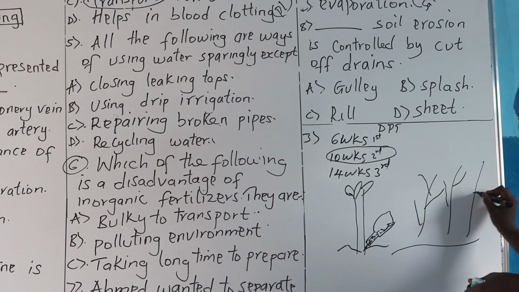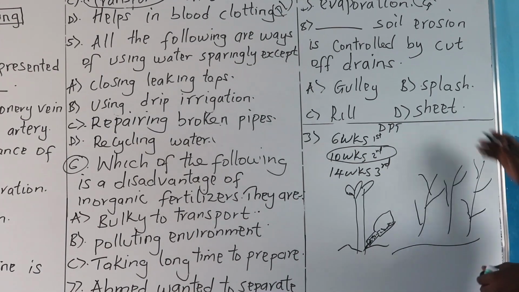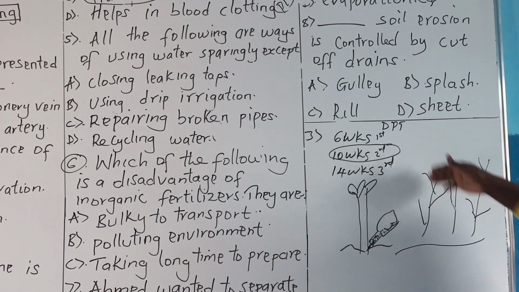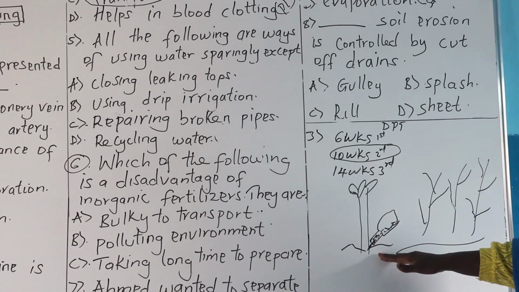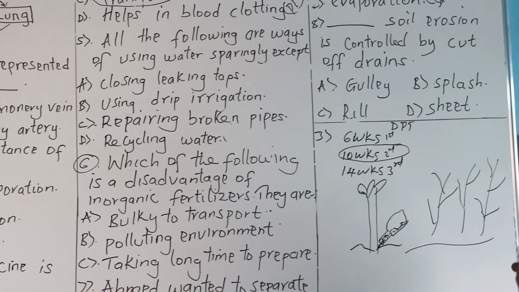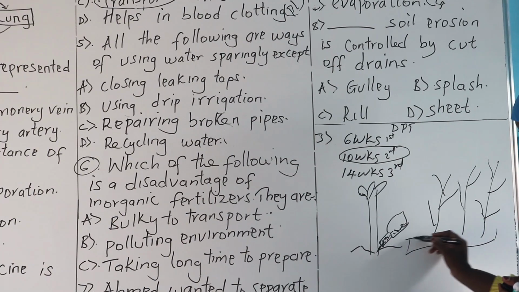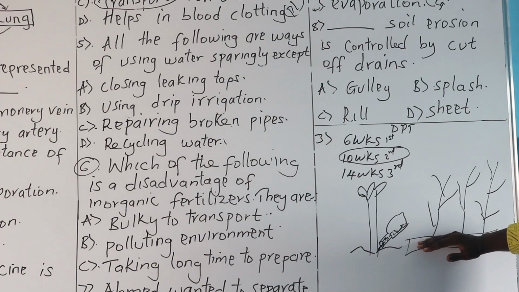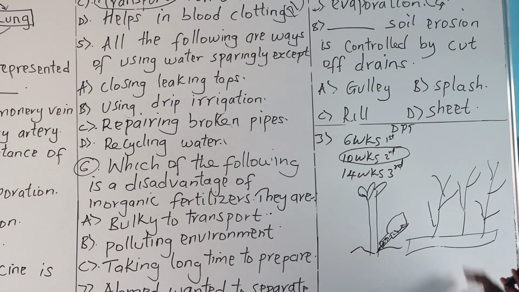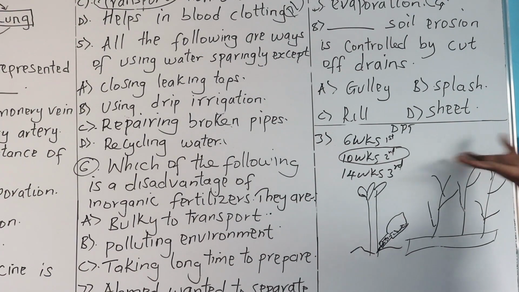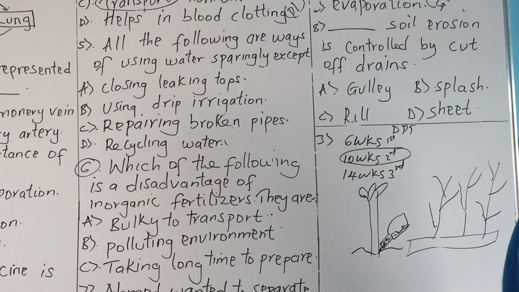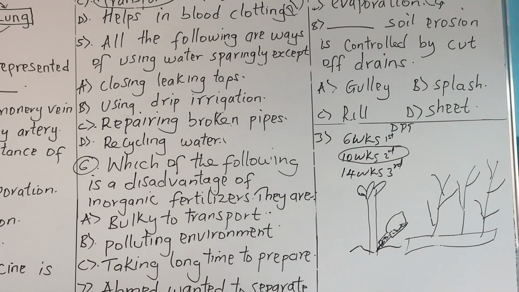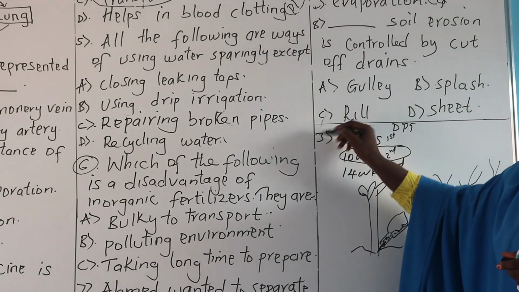This is how rill erosion happens. When water comes from a higher area, there is a main channel flowing down from the higher area. Then we have small channels joining the main channel. Down at the tips of the main channel, make a hole, a shallow tunnel. Just dig a hole here. Let all the soil being carried be deposited in the hole. Once the hole is full, make another down. This way we control this soil erosion. We collect all the soil without allowing it to be swept down to the rivers. So in this case, the soil erosion controlled by cut-off drains is rill erosion.